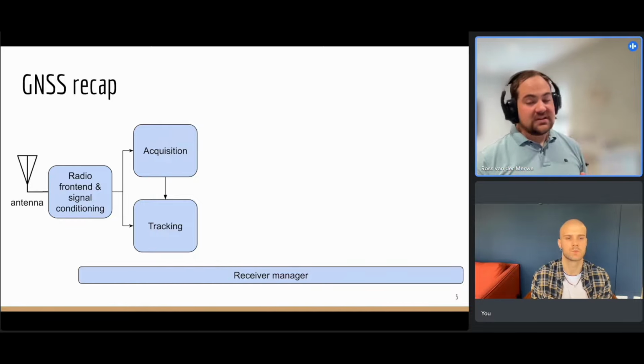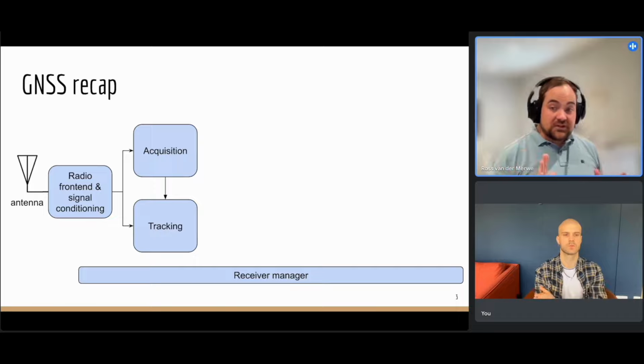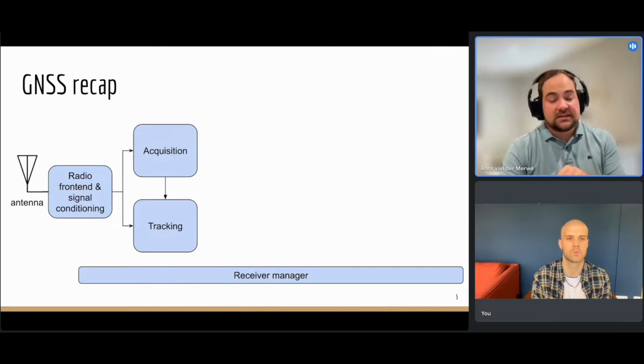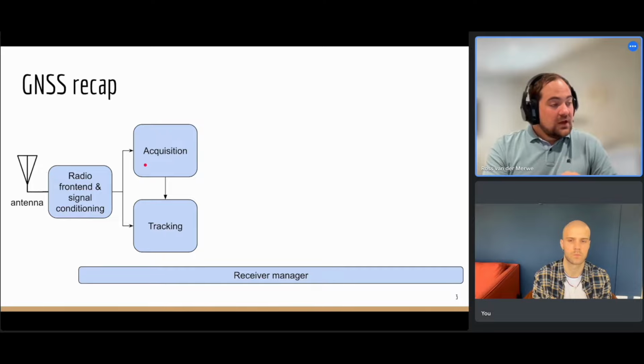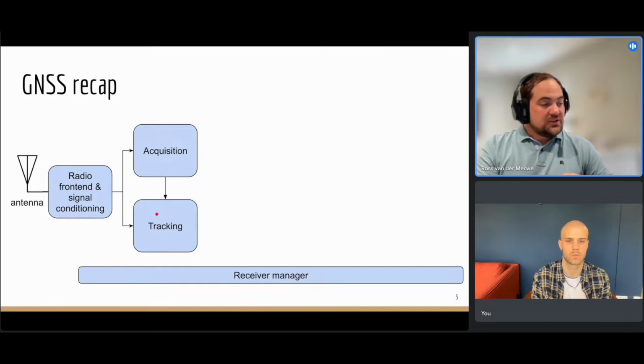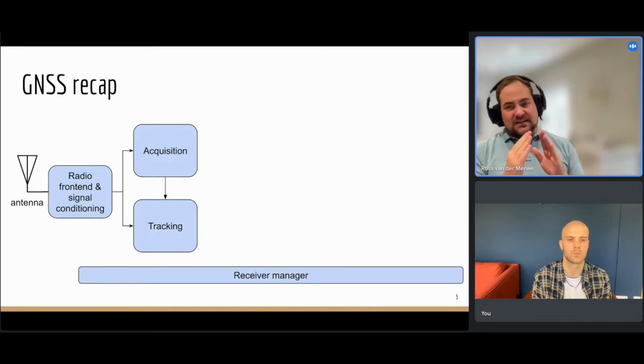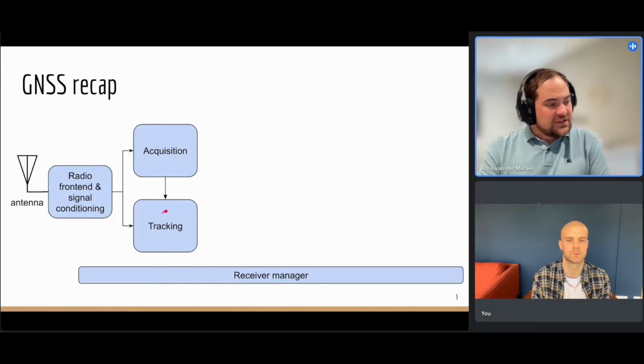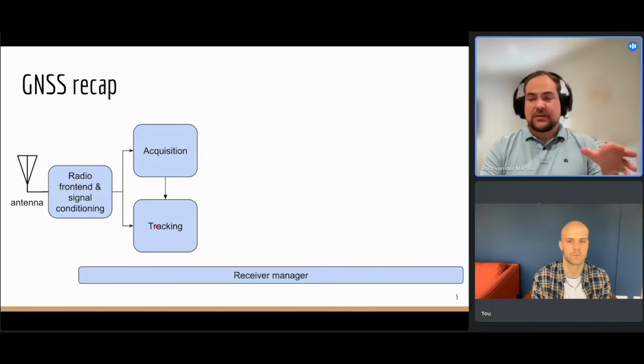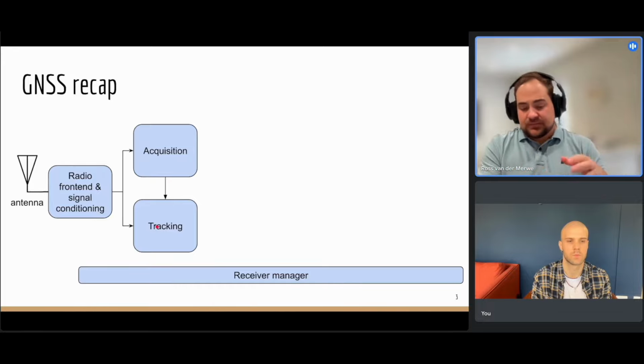The purpose of acquisition is finding which ones are there and getting an initial estimate of the frequency offset you have from the Doppler between you and the satellite, and some time offsets as well. Once you have acquisition, you would pass this over to a tracking channel. The big difference between the two is that acquisition looks at all possible combinations of a signal, whereas in tracking, instead of looking at the whole search space, you say, I found my signal, but I want to refine how well I'm tracking this time delay and this frequency offset. This is why another term you'll see is coarse acquisition and fine acquisition, because the latter is much more precise.